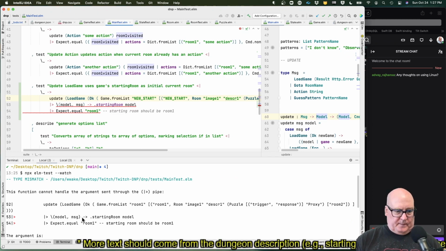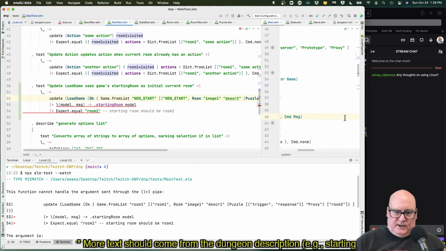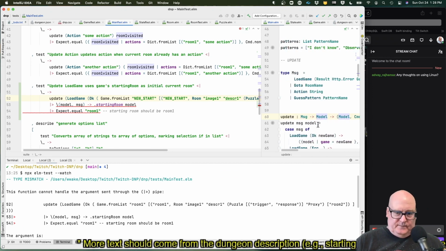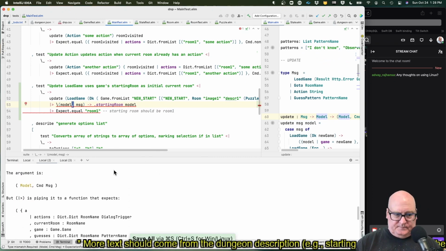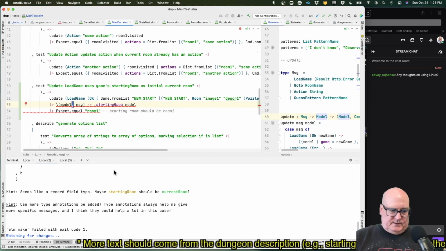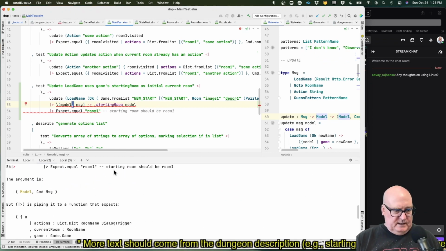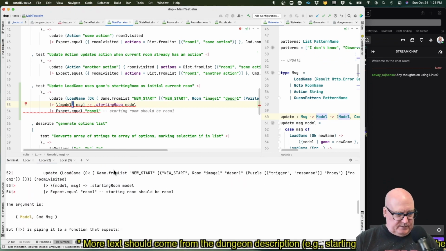I expect that to turn into a model and command message, which is this pair. Now, I don't know why it's still unhappy. I may start out some other stuff. Okay, let's see what we got. The function cannot handle the argument through the pipe.